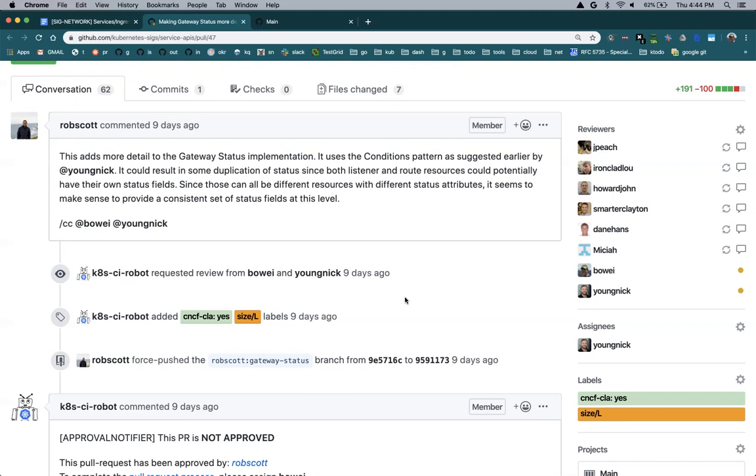One, it was really hard to tie Gateway routes and their status together because they're really just object references. They're really just referencing some other Kubernetes object. And because they're referencing some other Kubernetes object, those objects could potentially store their own status. Additionally, it got really messy as far as how far we could scale this out.